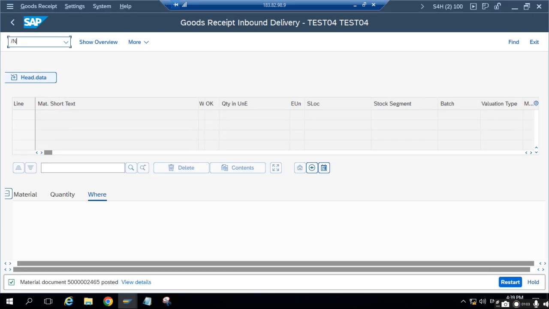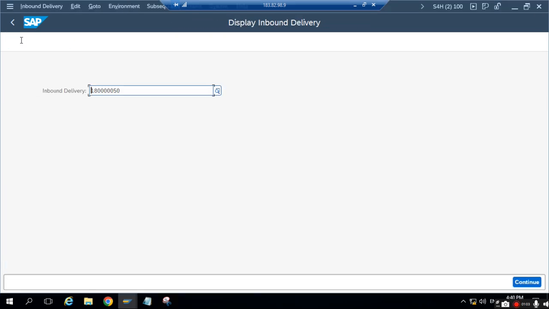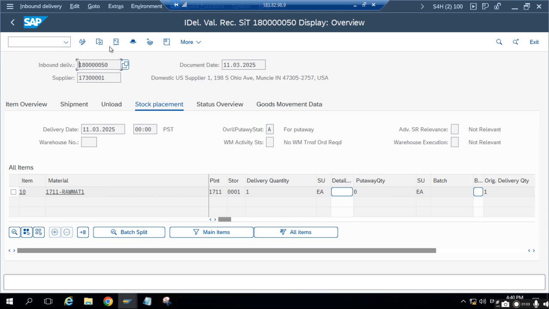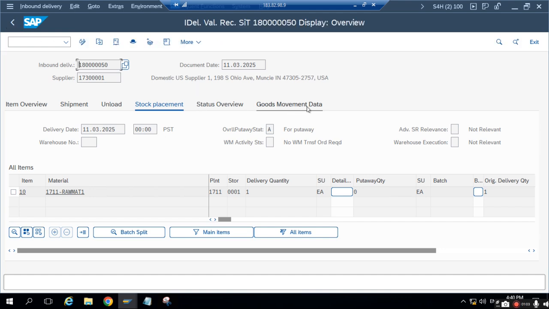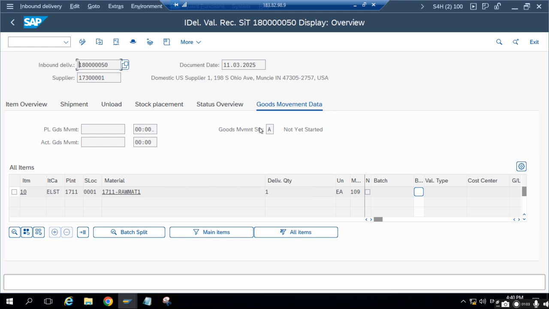If we go back to VL33 and display the inbound delivery transaction, open this inbound delivery, go to the document flow tab. Here under document flow it will show GR2 validated block stock, and it will show the material document number, date and time, and status as complete. And if we go to the goods movement data tab, here it will show goods movement status as A, meaning not yet started. Suppose after some time this material is received physically, now